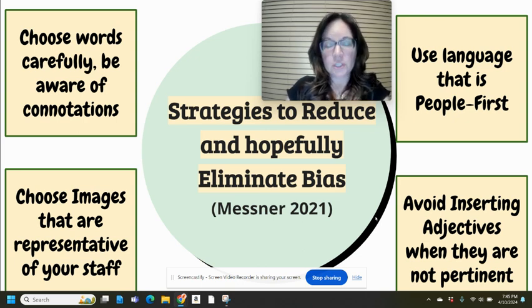If you're using images in your presentation materials, make sure that those images represent your staff, their gender, their ethnicity, their cultures, to make everyone feel like they are included. No, not to feel like they are included, to show that they are included. And then avoid using adjectives when they're not pertinent to the information. An example would be,